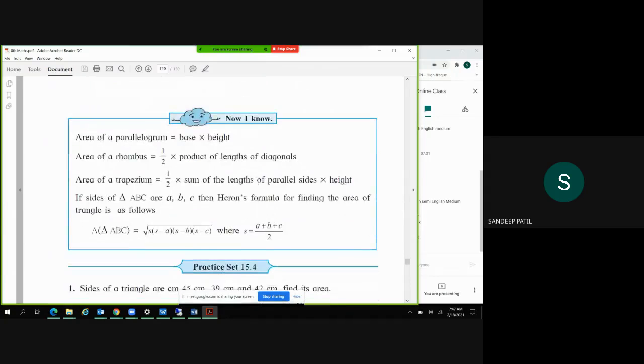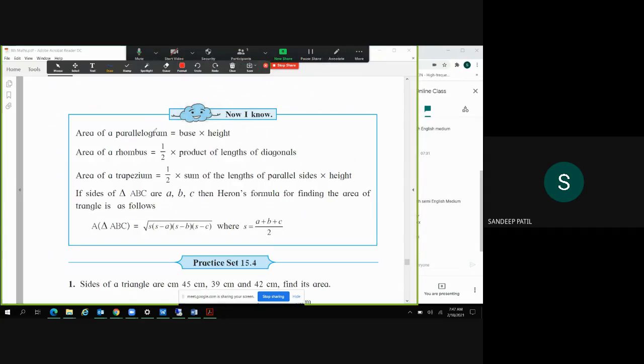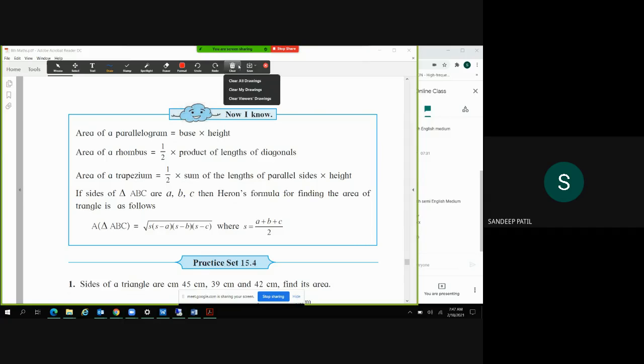Okay, so now we know how to calculate the area of parallelogram, base into height, area of rhombus, half into product into length of diagonals, area of trapezium is equal to half into sum of length of parallel sides into height. And if the sides of triangle ABC are given in the form of lengths a, b, c, then we can calculate the area of the triangle by using this formula. Okay, so